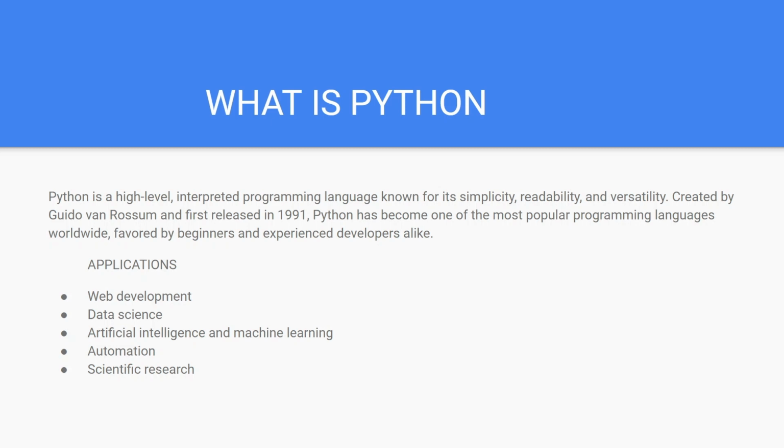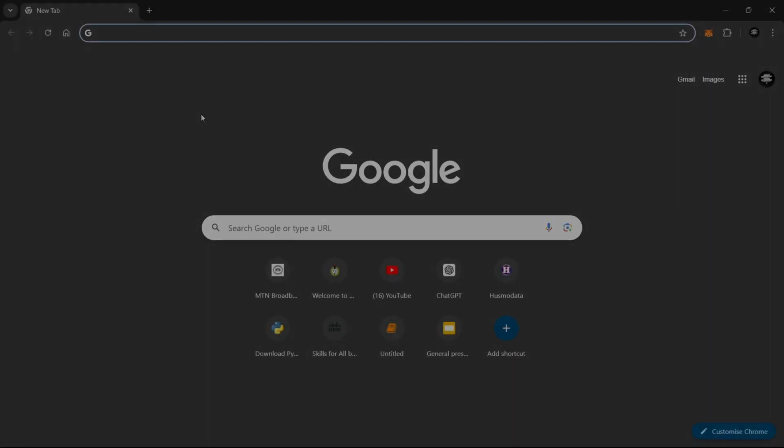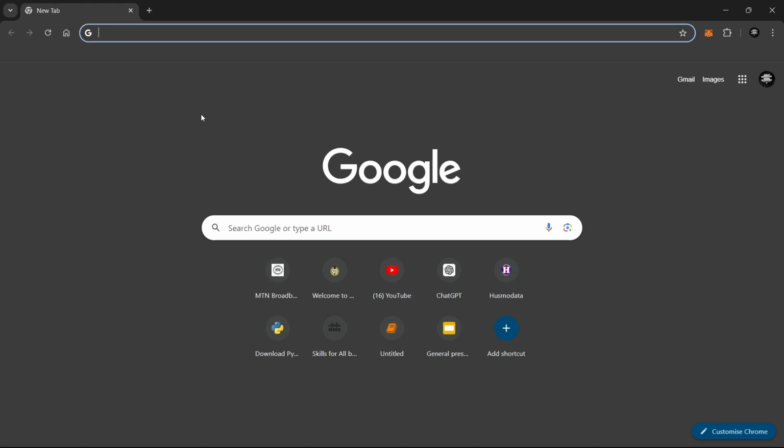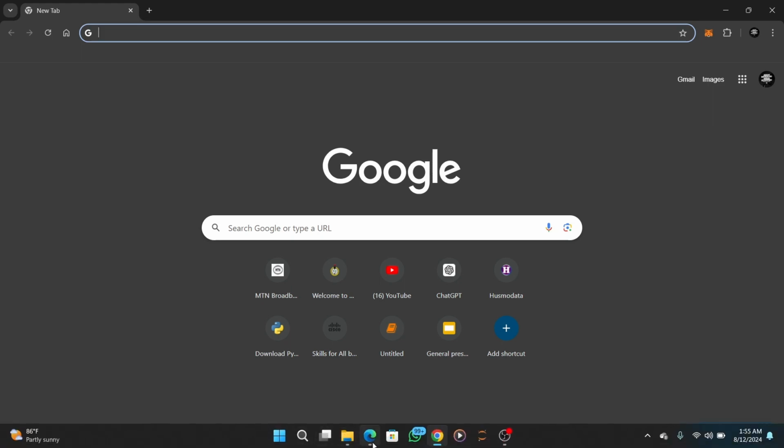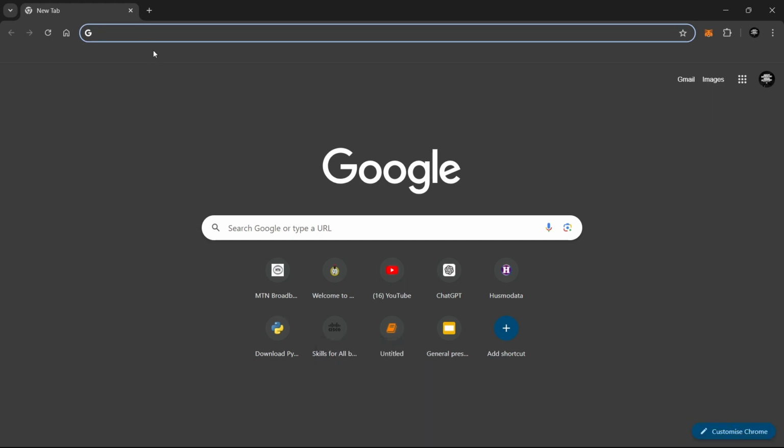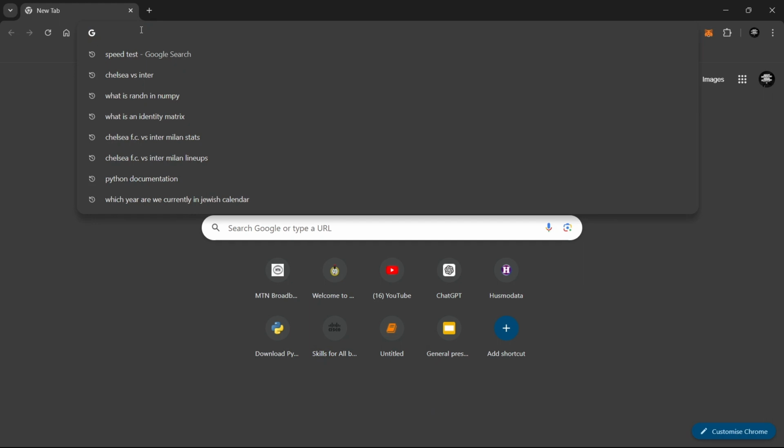Now, having introduced Python, without further ado, let's suspend theory and go ahead to run Python in your machine. Before you can use Python, it has to be installed in your local machine. So how do we do that? All you need to do is just to open your Google Chrome. If you're using Edge, you can open that. So let's go ahead. All you need to do is just type